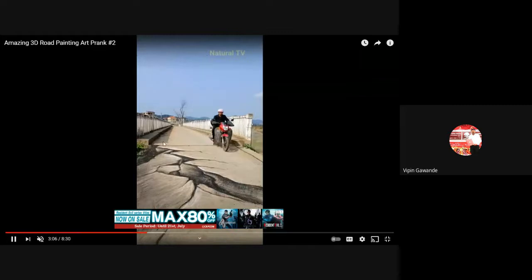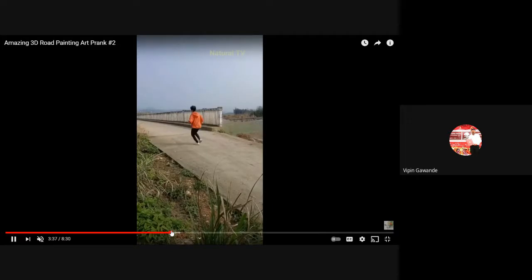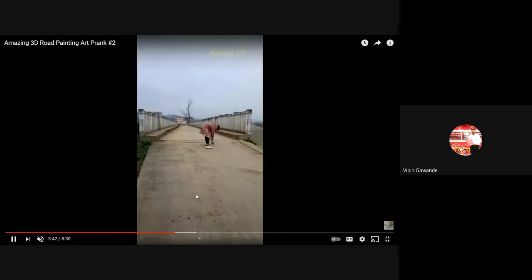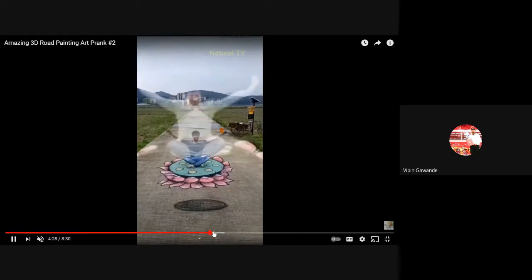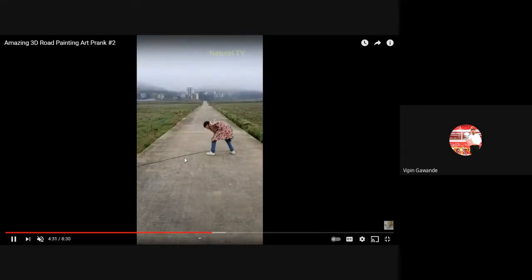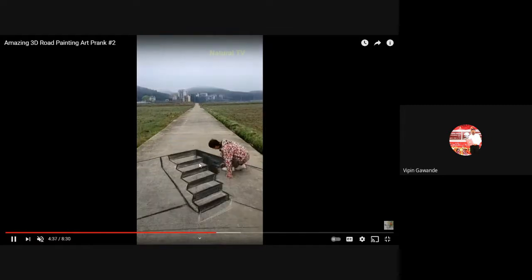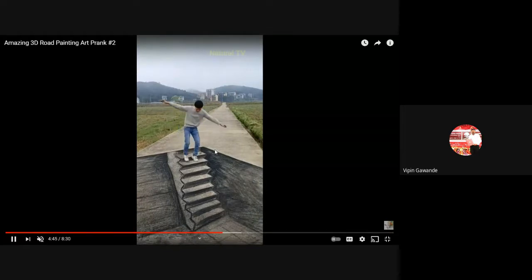Here, see this one. He has drawn the cracks on the street. So whichever person is coming, it appears to that person that there is a crack on the road. Like this. Here we have just seen the staircase. Here they have drawn some slot. Just by practice you can also draw this type of drawings. You just have to practice isometric drawings. Once you solve some problems, you can also draw such types of drawings.